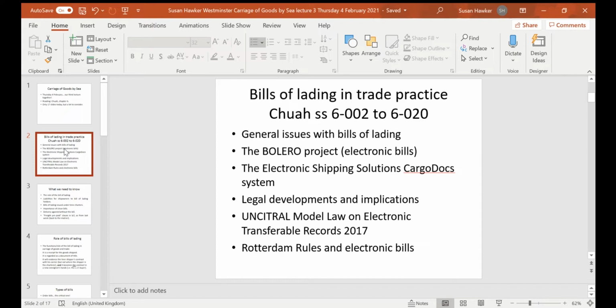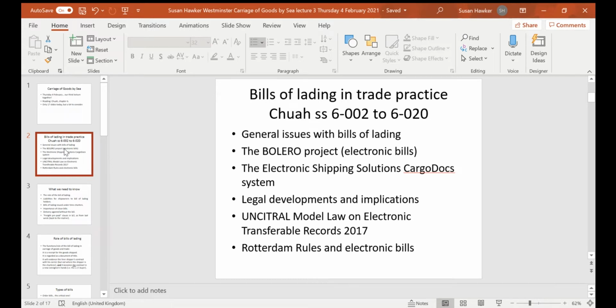The first slide, of course, is a focus on a specific part of the chapter, and that's right at the beginning, and that's looking at bills of lading in trade practice. And in actual fact, Chewer's view here is on trade practice from a moving forward, looking forward point of modernity. The issue is with